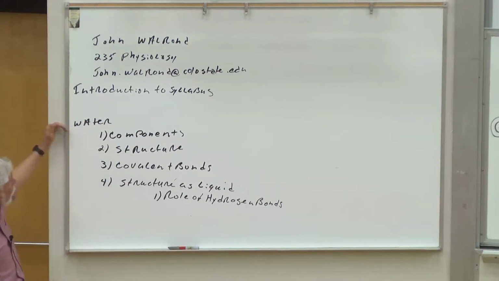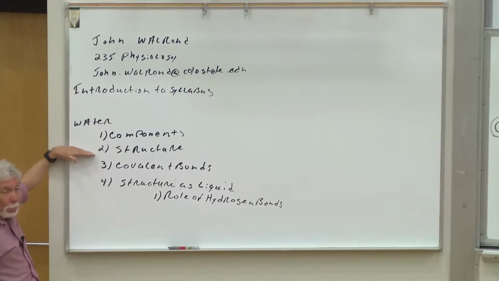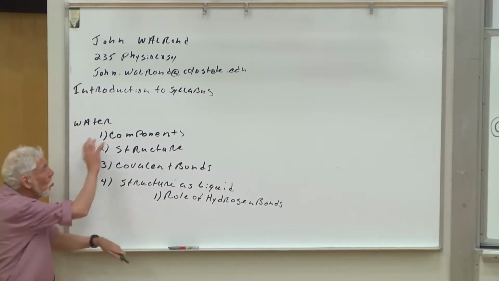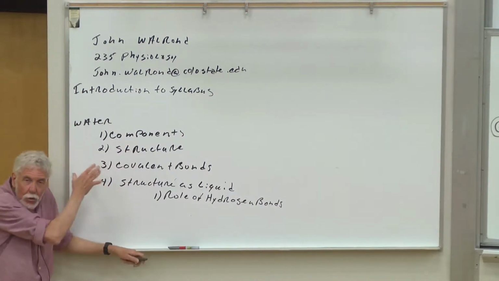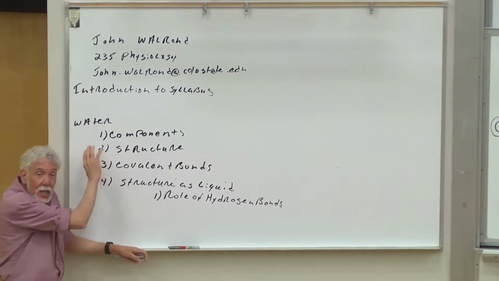What we'll do today is we're going to talk about water. We're going to spend a little bit of time on the components. We all know that it's H2O, but those components are organized in a particular way. There are covalent bonds between the oxygen and the hydrogen. And because of those covalent bonds, the electrons are being shared. And it's the peculiar way in which these electrons are shared in water which allows water to be liquid at